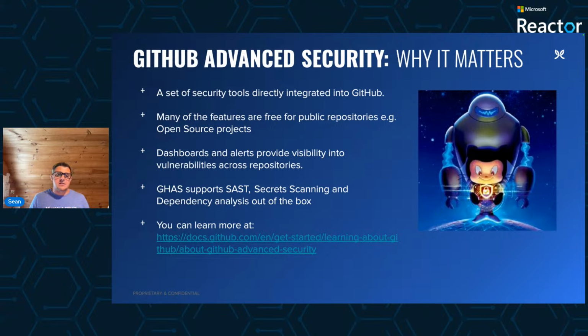So, some reasons to consider on why GitHub Advanced Security matters. GHAS shifts security left by embedding it directly into development workflows, so security becomes part of how teams build software every day. It automates vulnerability detection without the need for external tools, making integration and adoption seamless for developers. At the same time, it strengthens the software supply chain by securing dependencies, and it reduces long-term security debt by helping developers identify and fix issues early before they grow into bigger problems down the line.